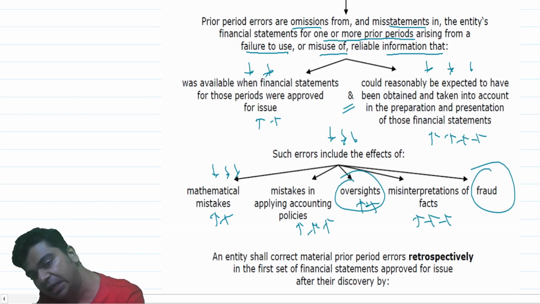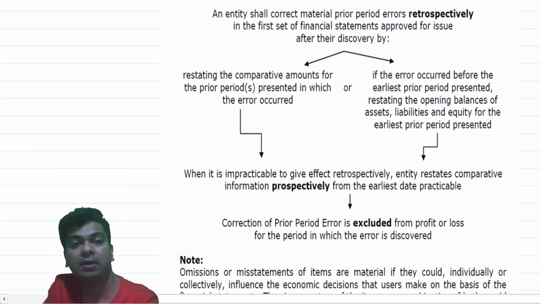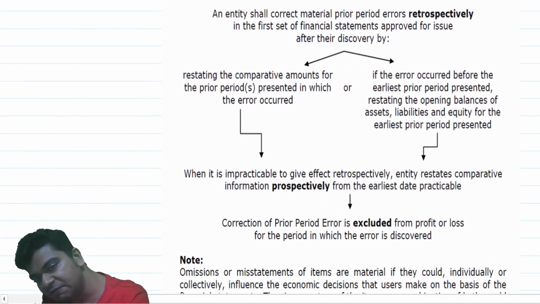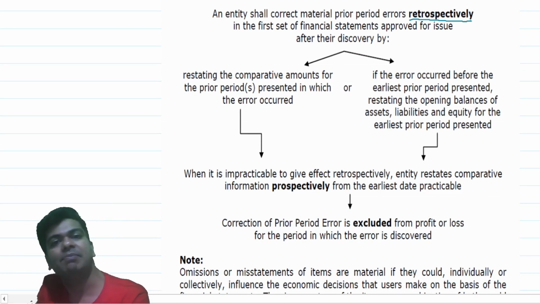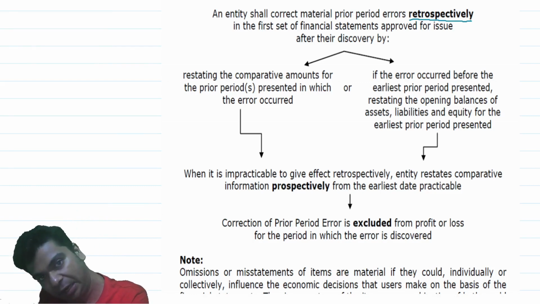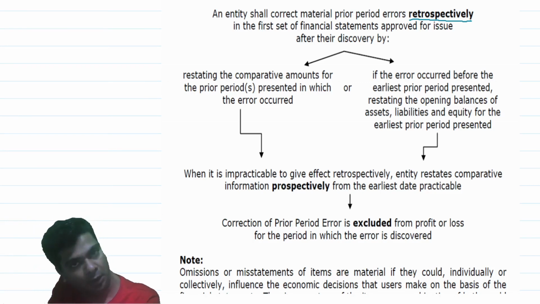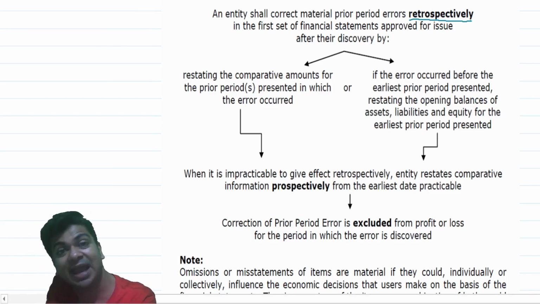Okay, I finally realized that there is a prior period error. How should this prior period error be given effect to? Ind AS 8 says that the effect of prior period error should be given retrospectively, something that we do not do under Accounting Standard 5. Under AS5, just like change in accounting policies, effect of the prior period item is given in the period in which the prior period item is detected.